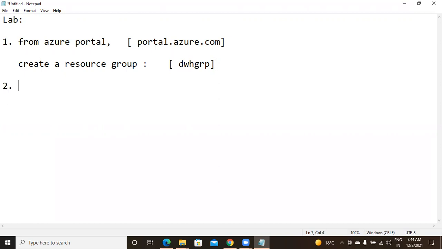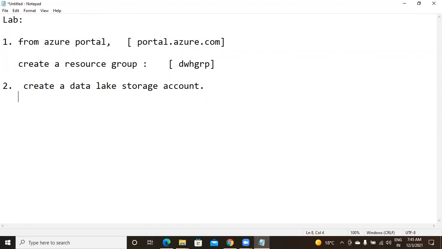And the next step, what we are going to do is create a data lake storage account. We have 2 types of data lakes, Gen 1 and Gen 2. Gen 1 is not available for new users. For old paid users, it will be continued till 2024.